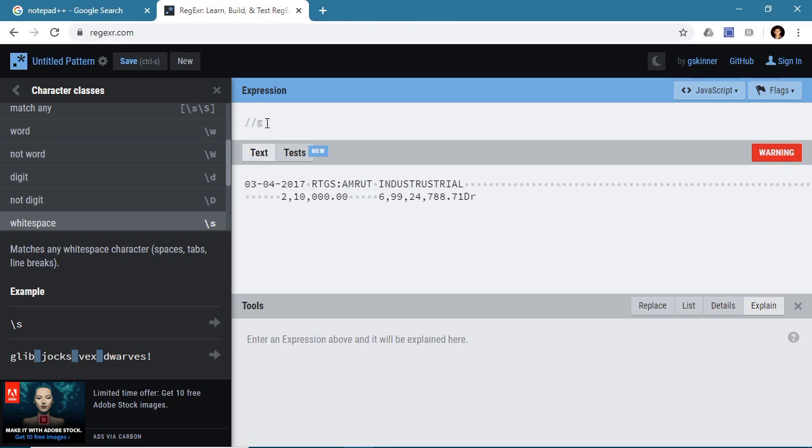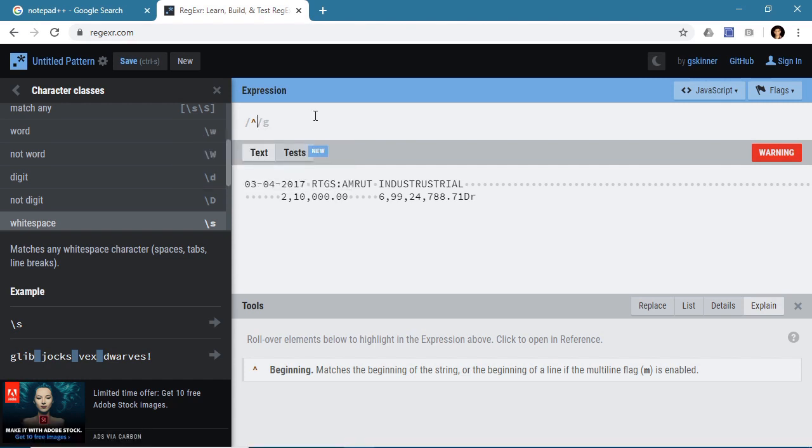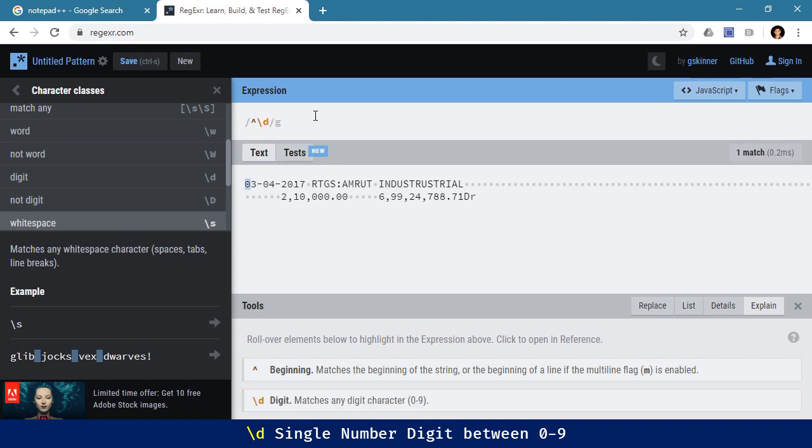Let us make a pattern for recognizing a transaction row. Our row should start with, and start with means the caret symbol. Now the date. \d stands for any number between 0 to 9.